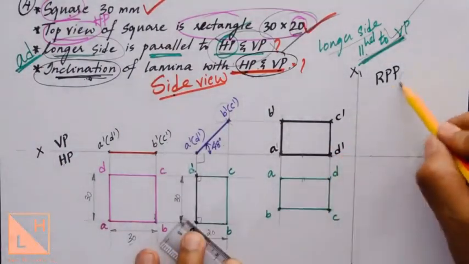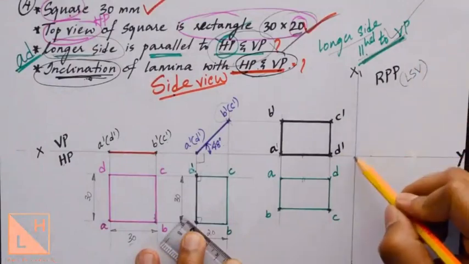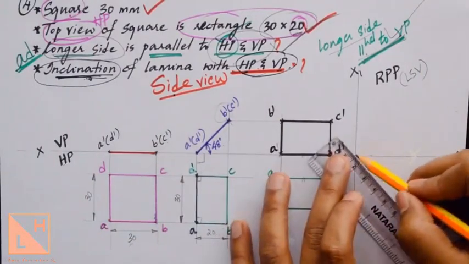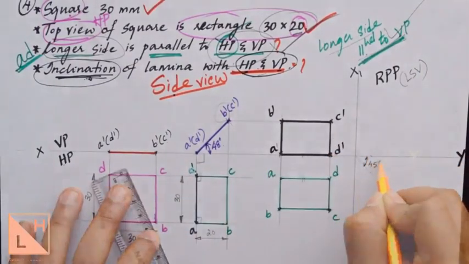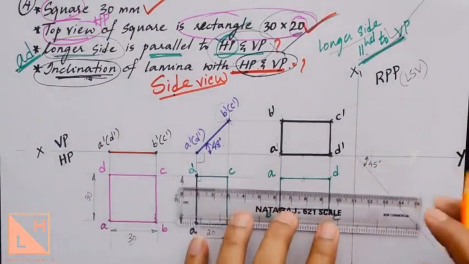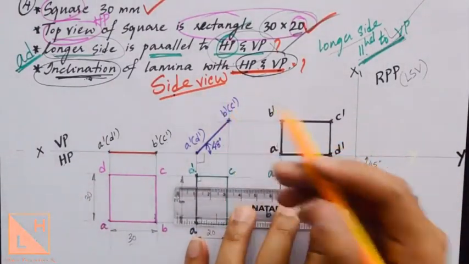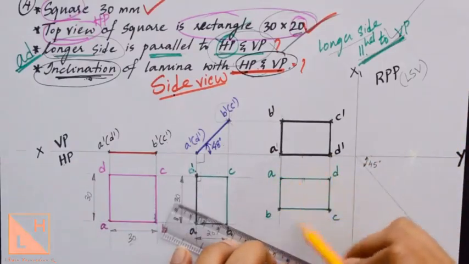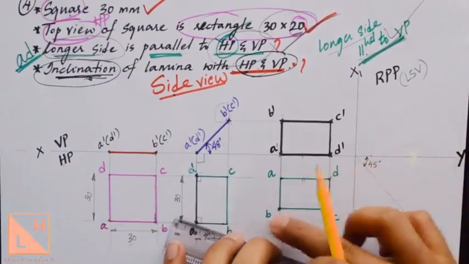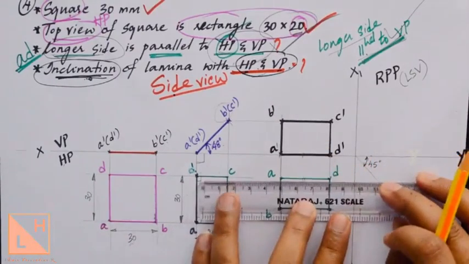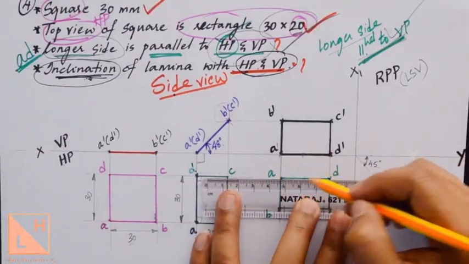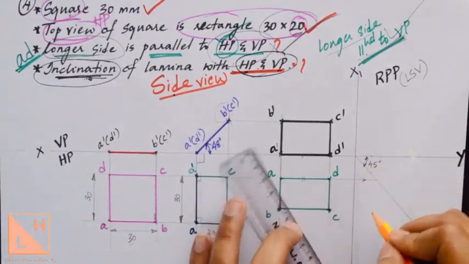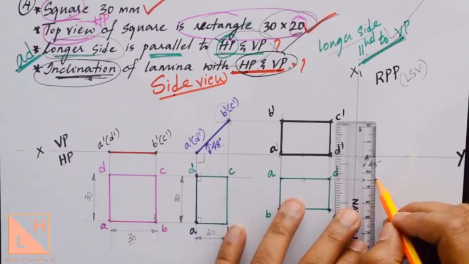To generate the side view in the right profile plane, draw a 45-degree line next to the horizontal plane, that is below the XY line. Connect point by point. You have done the side view for points, which means that you would have generated the side view for a single point. Here you repeat the same 4 times because we have 4 corner points. Forget about B, C, D, concentrate only on A. Draw a projection line from A, draw a horizontal line till it touches the 45-degree line, and then take it vertically till it reaches the projection line from A dash.